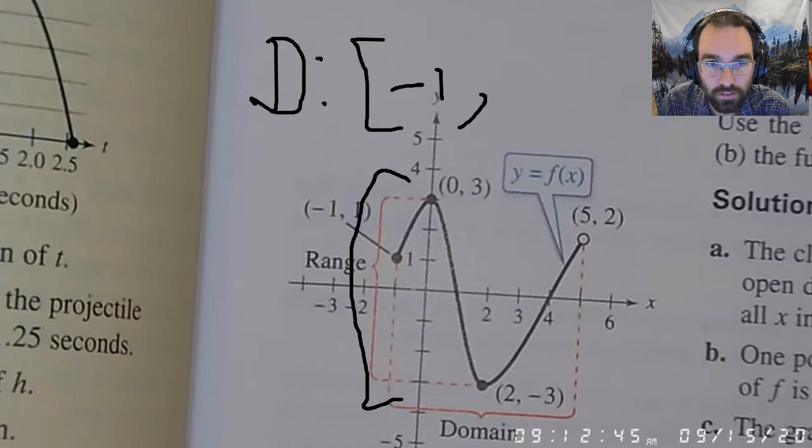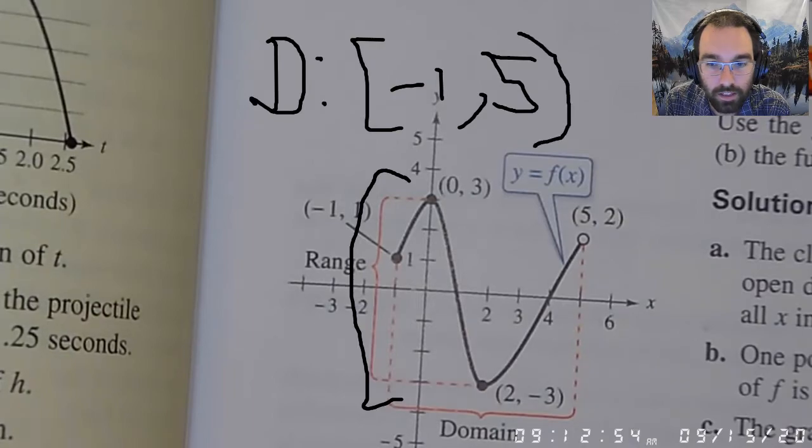And then I go to, it looks like 5. Now notice how 5 is an open point, so that's going to be a parenthesis, okay? And then if I wanted to do range,